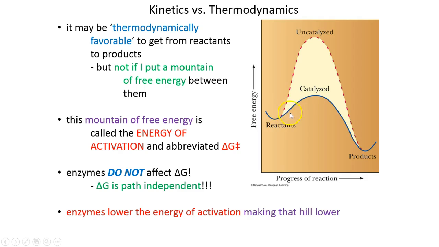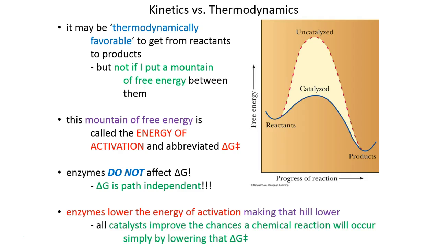What the enzyme did was lower this energy hill and make it go from a $10,000 requirement for investment to a $100 requirement. If I came to you and said I could make you $100,000 profit and all you needed to do was invest $100 with me, you might take that chance. And so too would the universe. Smaller energy investments are more favorable, and enzymes allow those energy investments to be smaller by lowering the energy of activation. How enzymes do that is something we'll cover in a later lecture chunk, but that's what enzymes do to